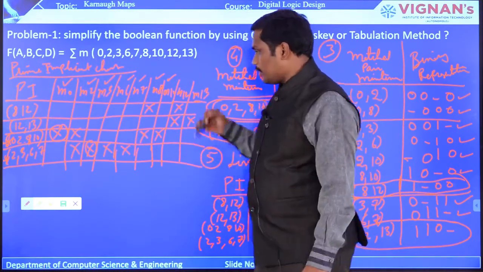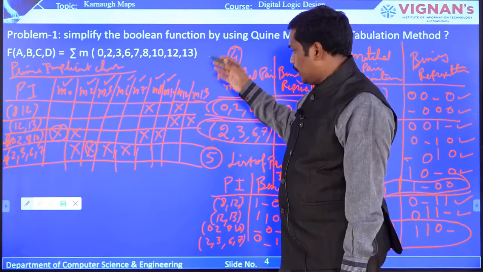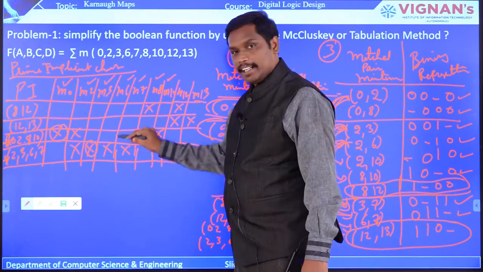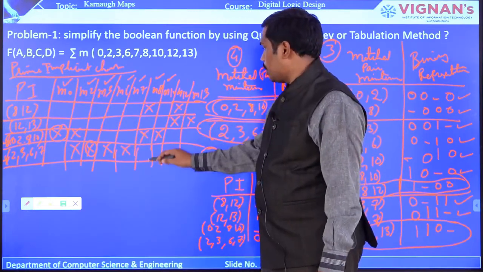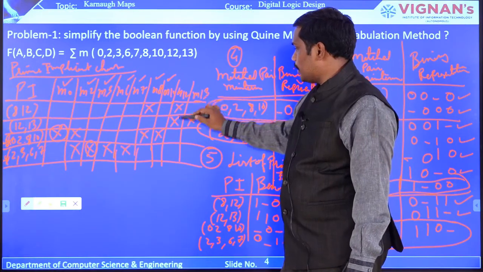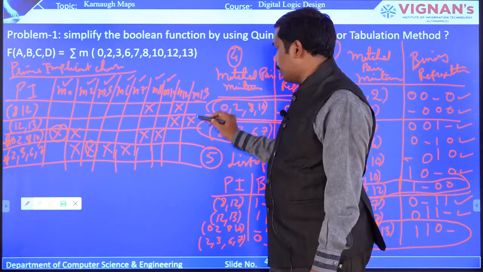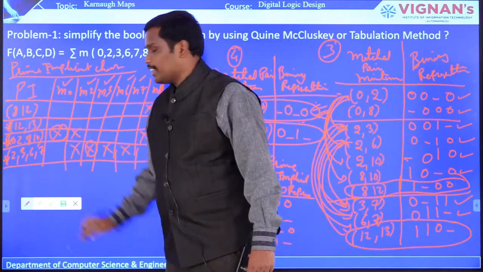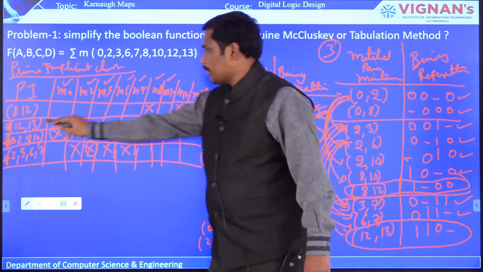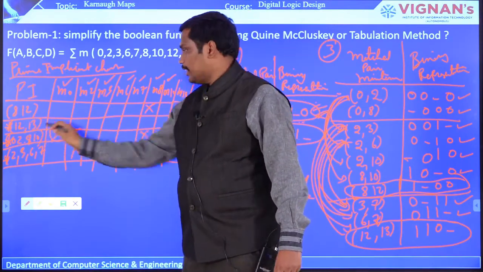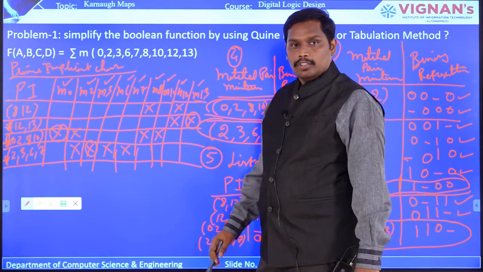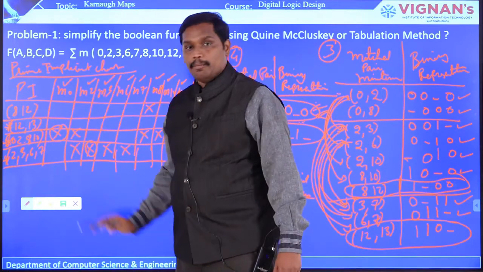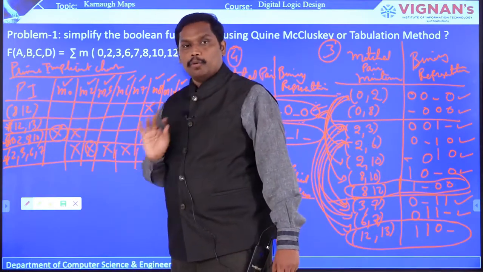Now check for another X in a column which is only one in nature. You can see that these are already marked, so no need to mark these Xs, and go directly to the unmatched column. M12 has 2 Xs, so you cannot consider it, and M3 has 1 X, so you can consider it. The corresponding one can be treated as a prime implicant. For that minterm selection, 13 and 12, there are no minterms left. So these three will become essential prime implicants, and this will become only a prime implicant.